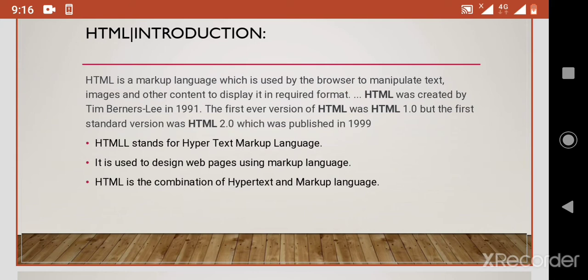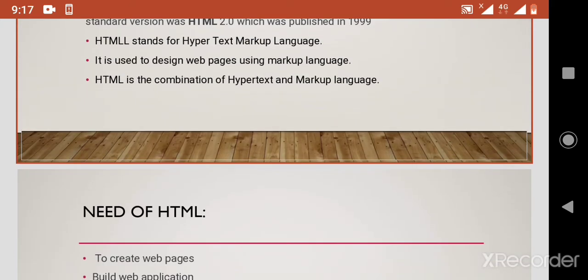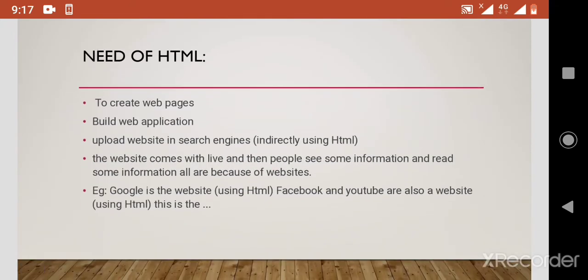Going to the HTML content, it stands for hypertext markup language, and it is basically used to design a particular website or particular web pages. Next, before studying a particular language, basically coding, we have to know what is the basic need of it and why we need to use that particular language.